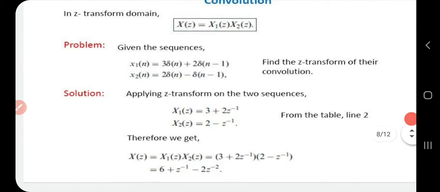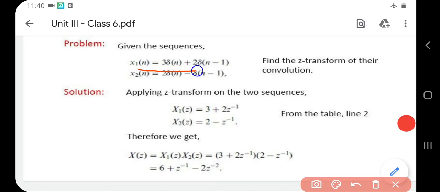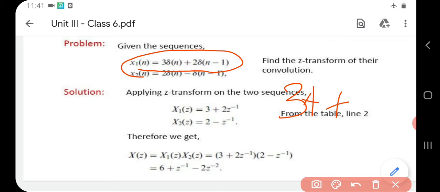Z transform of 3 will be what? That is the Z transform of 3 delta n plus the Z transform of 2 delta n minus 1. So 3 will be written as such. Then the Z transform of delta n is 1, so that will be 3 into 1, which is 3 itself, plus 2